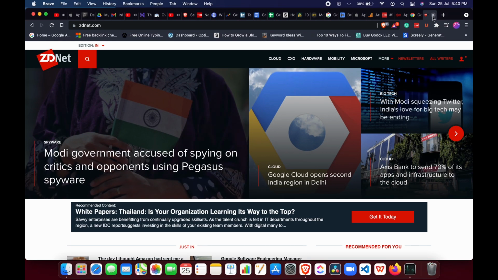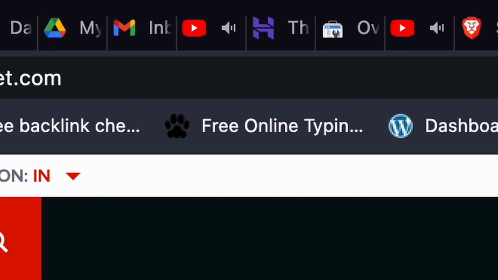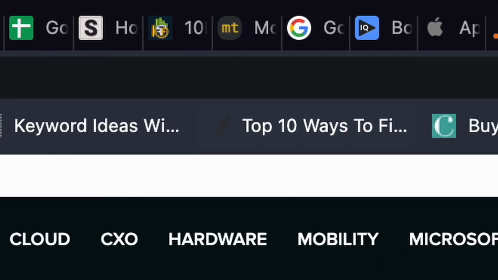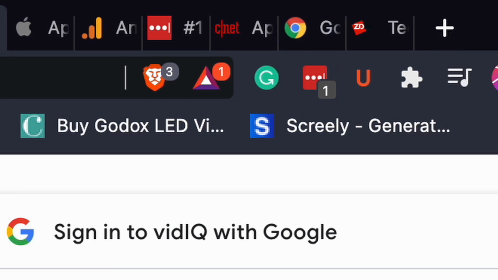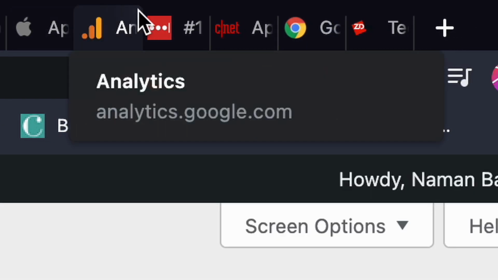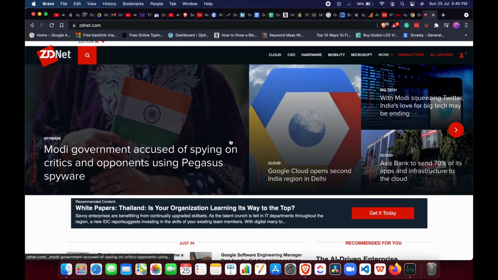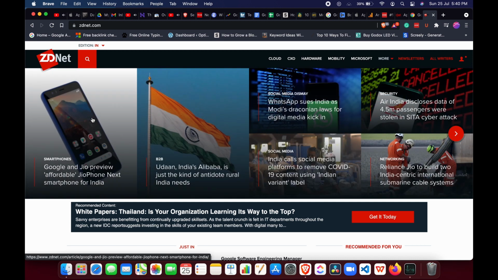So now I have 30 tabs open in the Brave browser. You can see all of them over here. I have YouTube open with 3 videos playing over there. Then I have all of the tech websites with a ton of ads on them open. And then I also have my WordPress dashboard open, which for some reason is really slow. I also have Google Analytics open and lots more. So let us just switch between the tabs and let us see what the performance is.